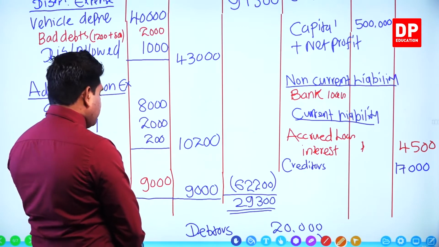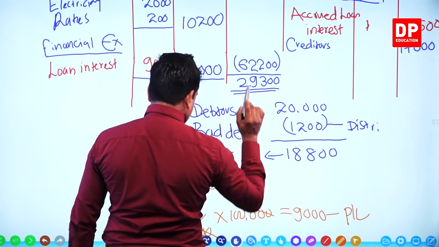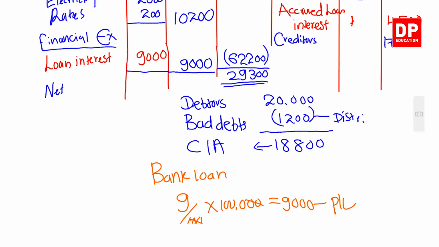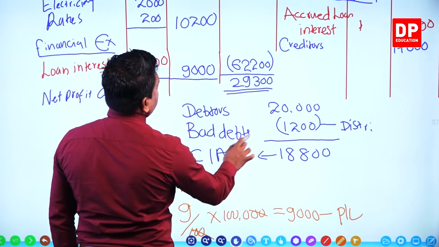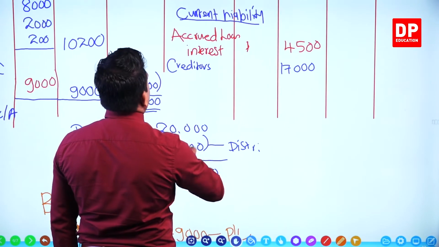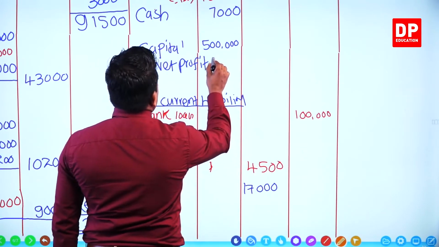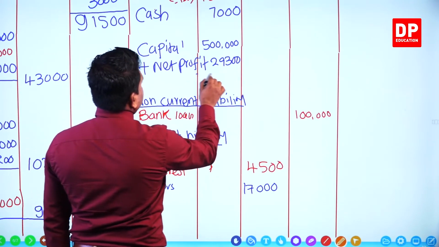Yeah. In front of the net profit, you know what we have to write? Net profit carried to capital account, right? 29,300. You bring this value where? To the statement of financial position under the capital. 29,300. Actually, then here